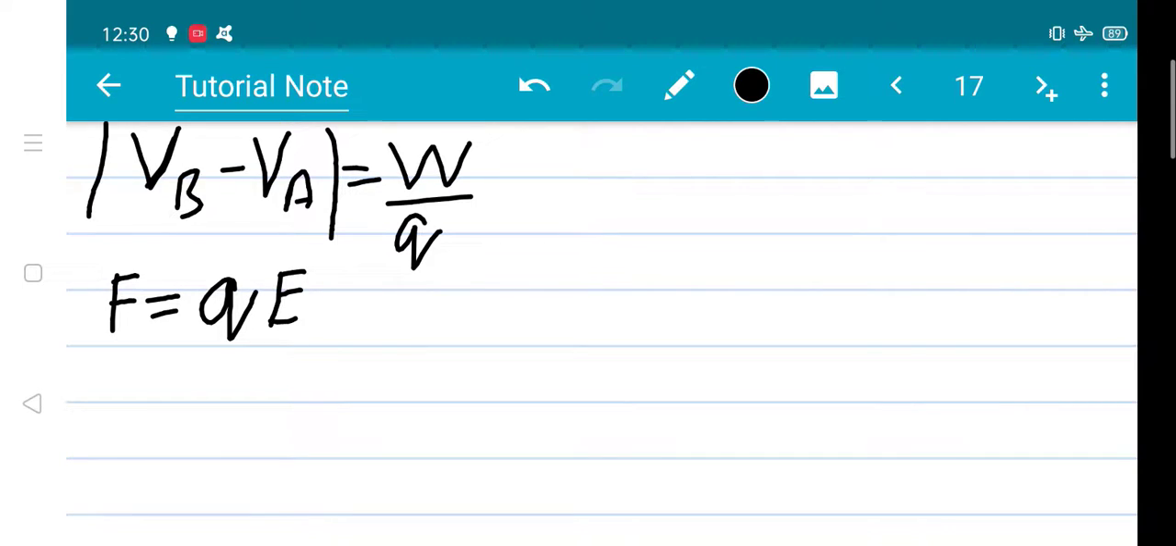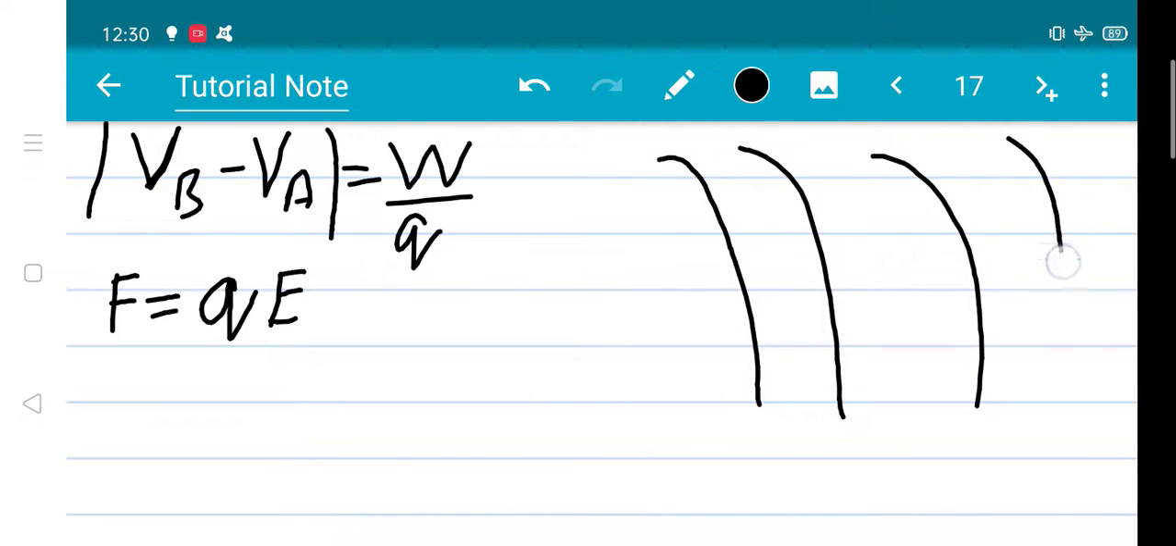Also we know that electrostatic force equals charge into electric field intensity. Using these two equations, we will find the relation between electric potential and electric field. Let us say that we have an electric field with curved electric field lines, as if it is generated between positive and negative charge. Let these be the directions of